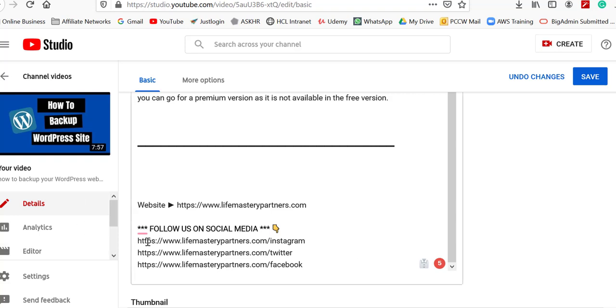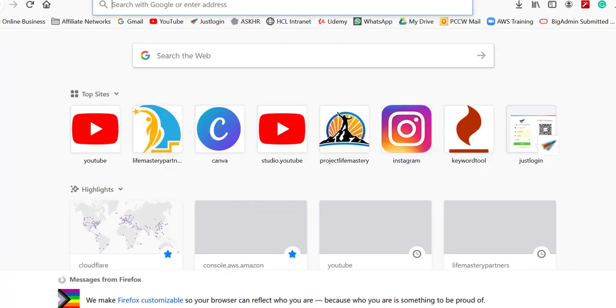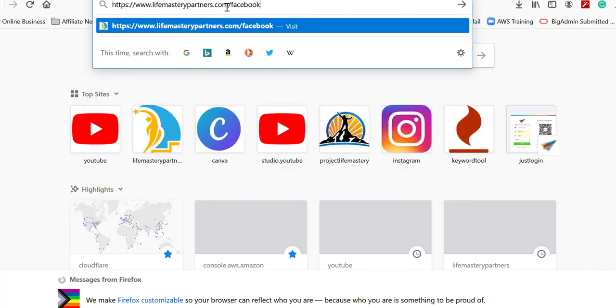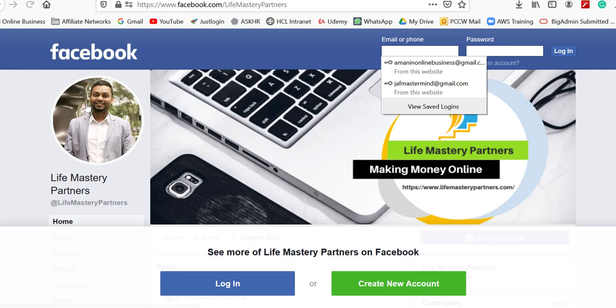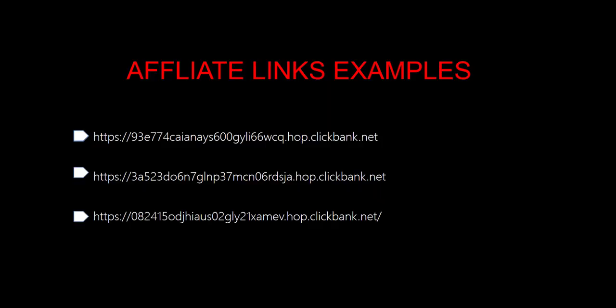For example, if you can see this one, my Facebook page, when I enter this, it goes to my Facebook page. So this is the beauty of link cloaking.